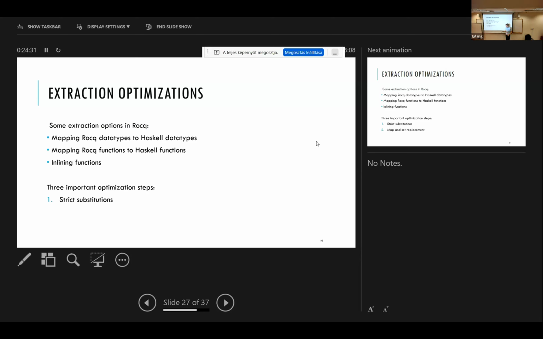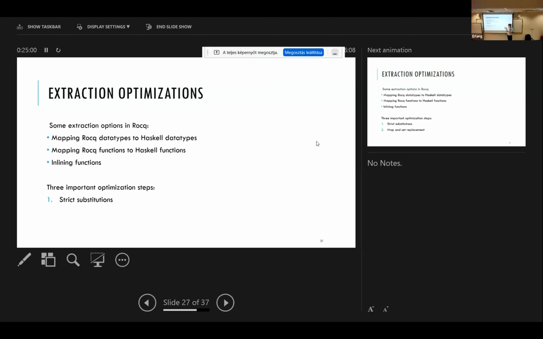So the calculated value needs to be put into the place of the variable that was calculated. And to do that in the semantics, we just go through the whole structure of the program and replace all these variables when they need to be replaced. However,